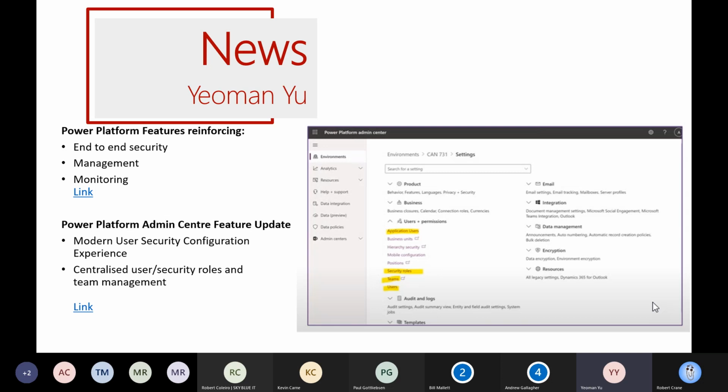And you can assign and manage things across teams of people as well, making for a much easier and smoother experience, including a centralized admin to make sure there is no confusion and that everything within your Power Platform is secure. On that, I will hand that back to Robert.